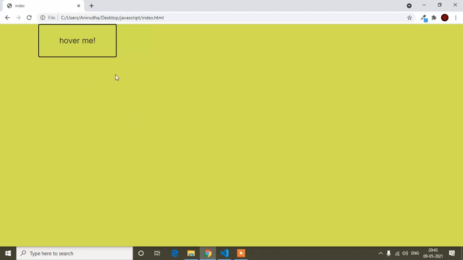In this CSS video, I will show you how you can make this type of button. I have added some hover effect on this button. When I hover on this button, you can see the effect. It's a very simple effect guys, but this effect is looking amazing. In this video I will show you how you can do that.